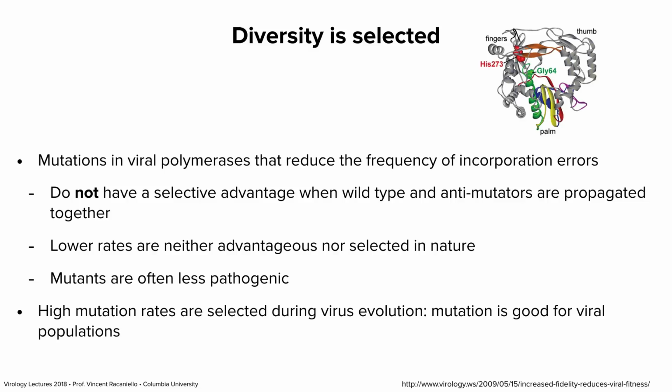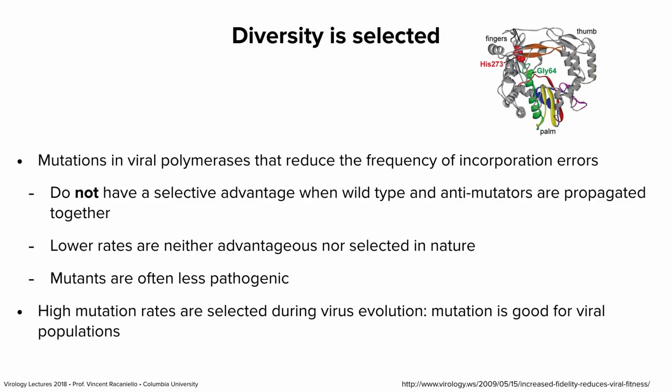If you make them in the laboratory, it's relatively easy to select for such viruses and study them. They're often less pathogenic. So if you take this poliovirus mutant and put it into a mouse, it's not very good at causing disease, whereas the wild type, which makes the normal number of errors, is. So that tells you two things. First of all, high mutation rates are selected